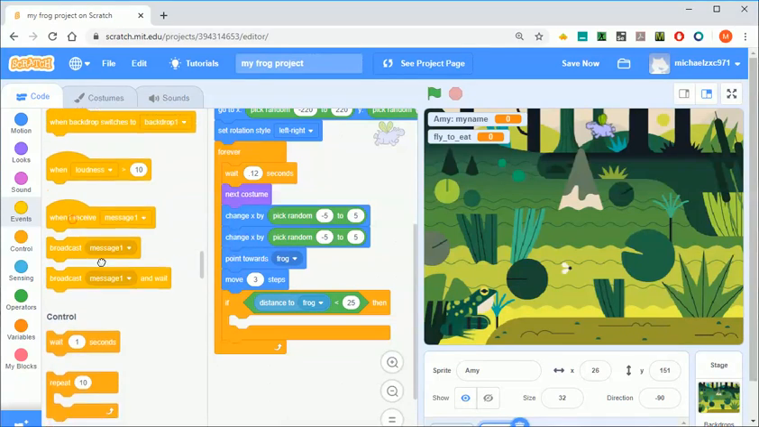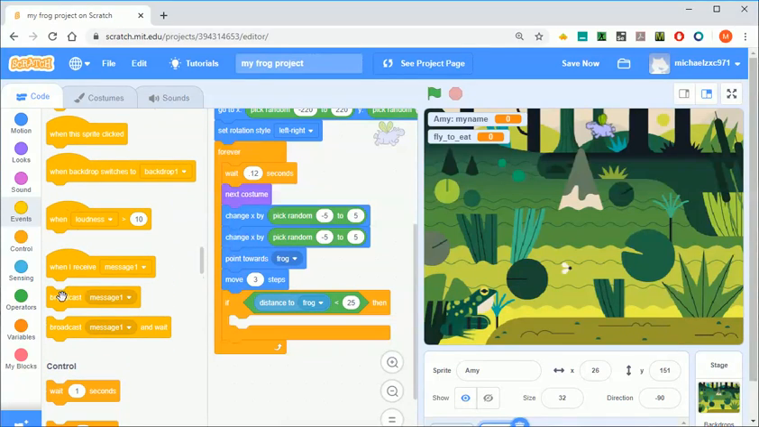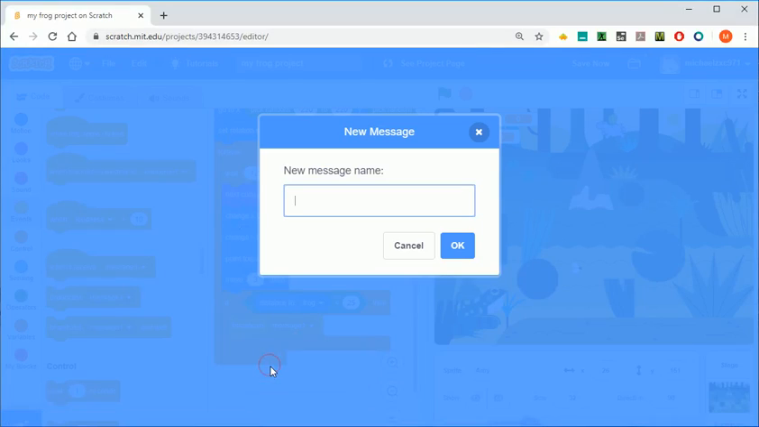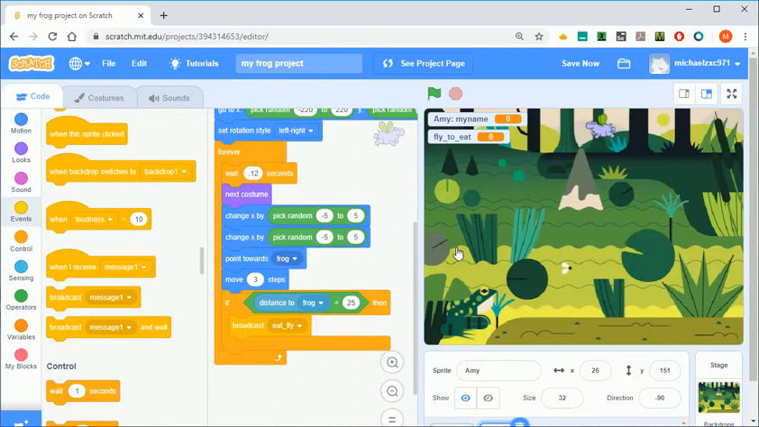It actually is called a broadcast message, and it's going to be a new message. So you can give a message any name, and this is how programs communicate to each other, or sprites. And the message is going to be eat fly. Okay. And then it's going to be